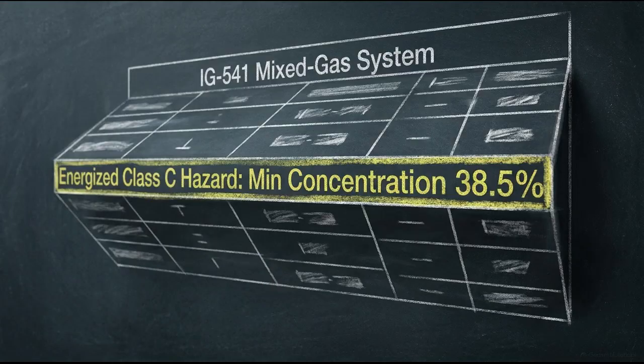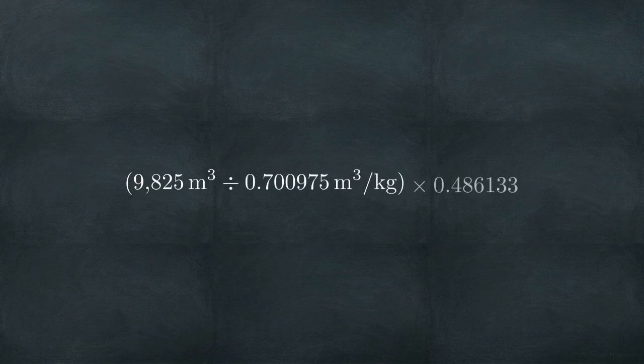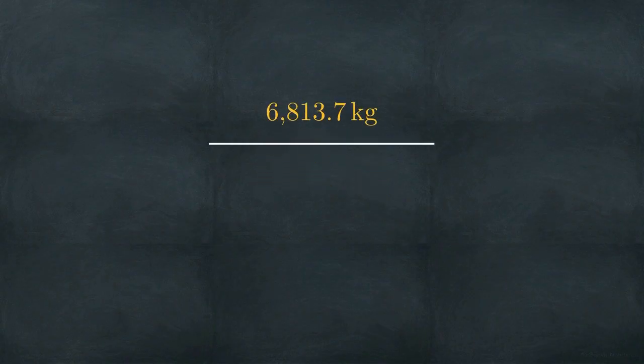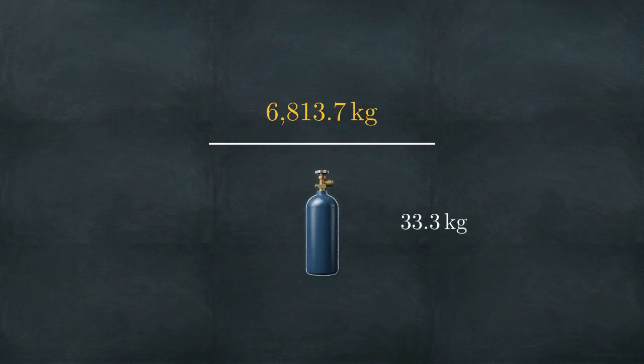Applying this to a mixed gas IG-541 system, protecting an energized Class C hazard, FM Global standards and OEM listings dictate a minimum design concentration of 38.5%. Factoring in the specific volume at 18 degrees Celsius, protecting this 9,825 cubic meter room requires exactly 6,813.7 kilograms of agent. To translate this mass into hardware, we divide the requirement by the capacity of the storage